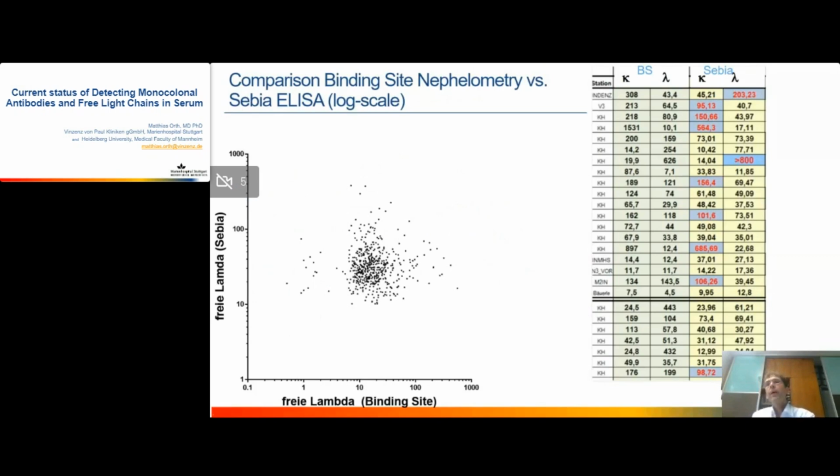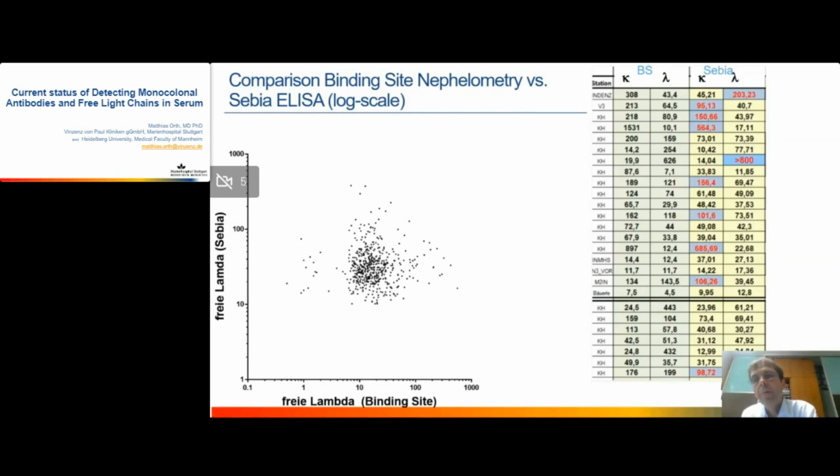Then we did some comparisons of this ELISA test with the binding site assay done on stoichiometry, and the comparison was not so good. But when you compare this with other tests, the results are pretty similar. So the correlation of the different free light chain assays is lower than we know, for example, from enzymes and maybe from other proteins. And it also makes sense because the proteins in many cases are so abnormal that they cannot react the same